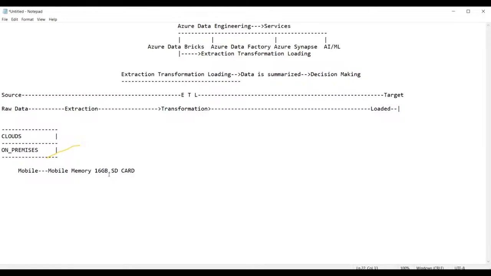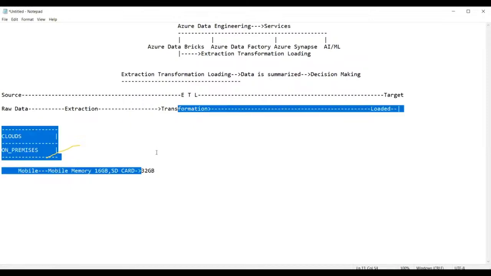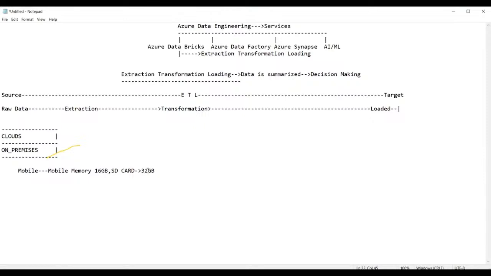Whereas if you require more memory, say another 32 GB, what we do is buy an external SD card and put it in your mobile phone, and from that point onwards you can use this 32 GB memory.